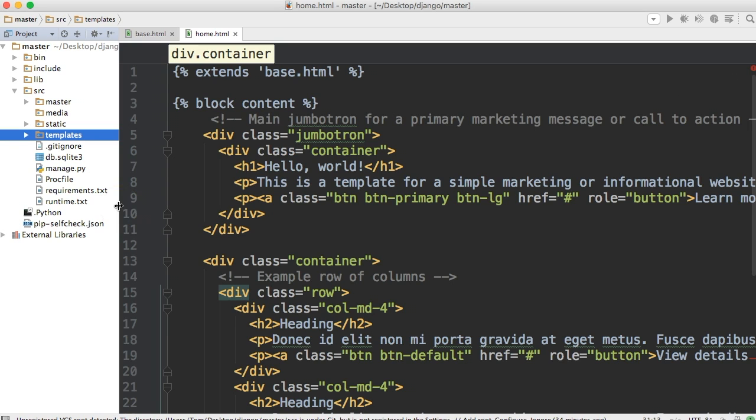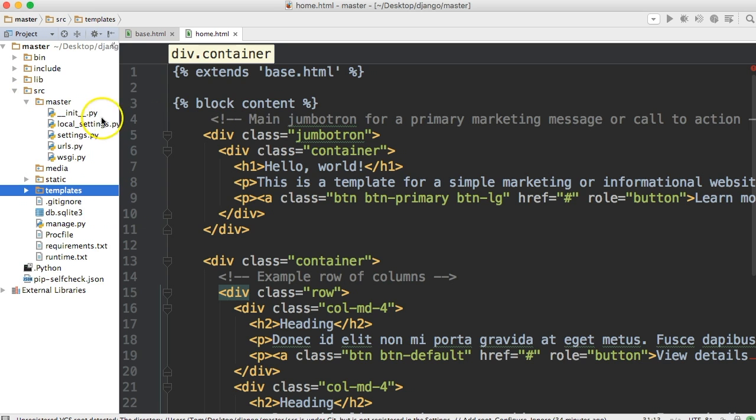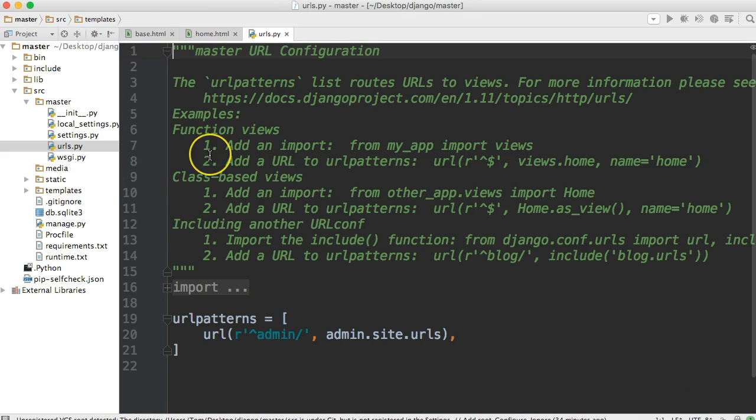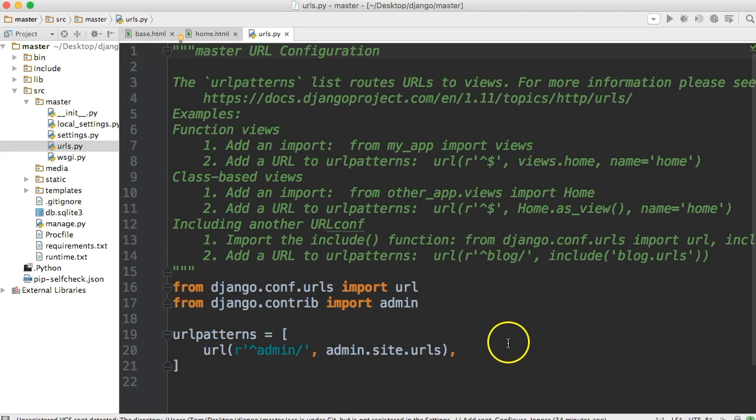Second, let me back up a second. I've mentioned before about request and response. A request comes to a Django project, if you will, to the URLs file. And what the URLs file does is it says, hey, let me find that URL that you just landed on. In our case, it's going to be home, so it's just going to be something like